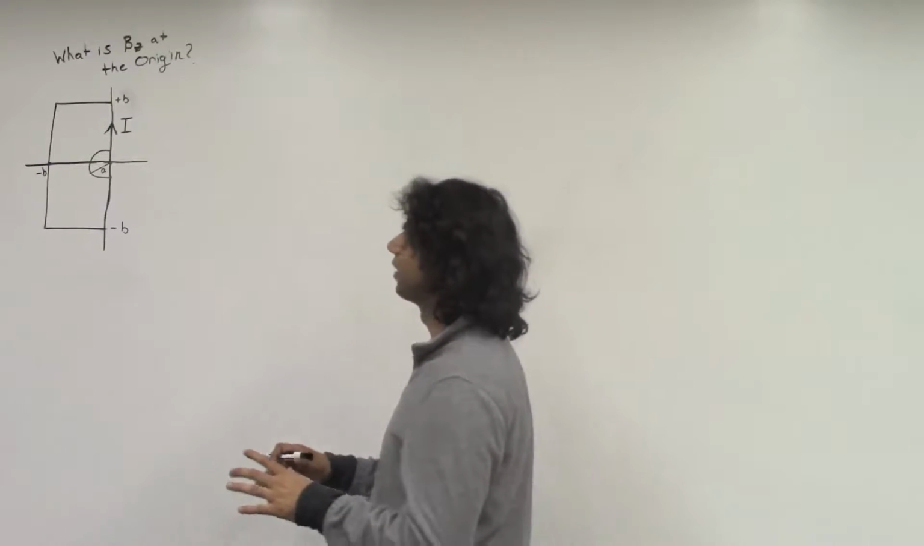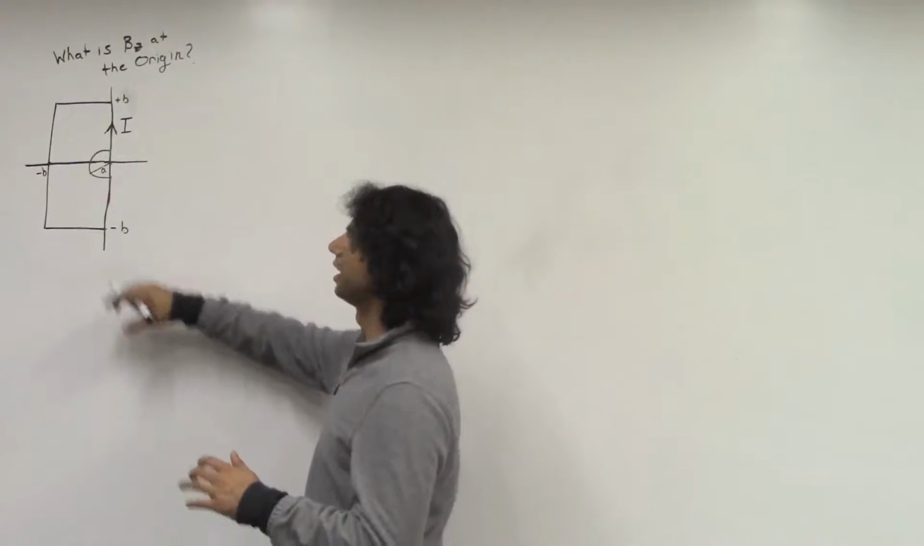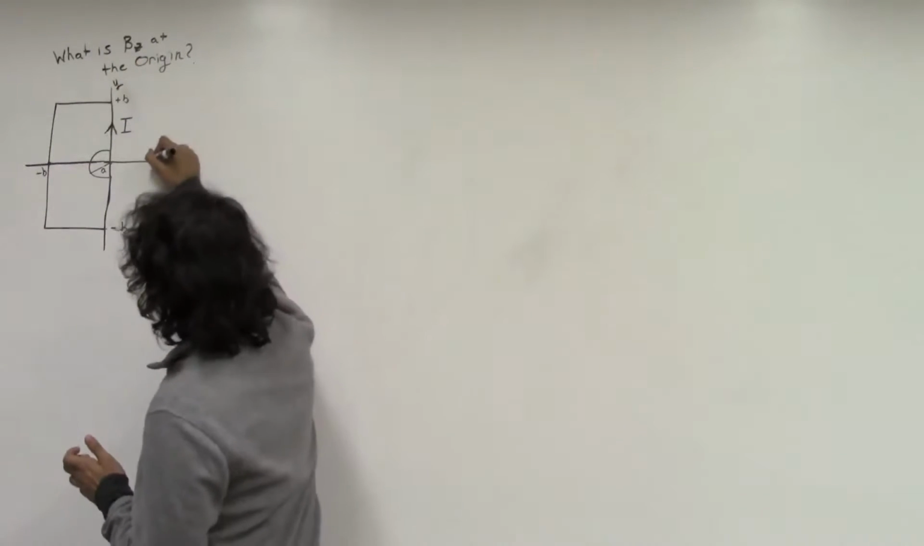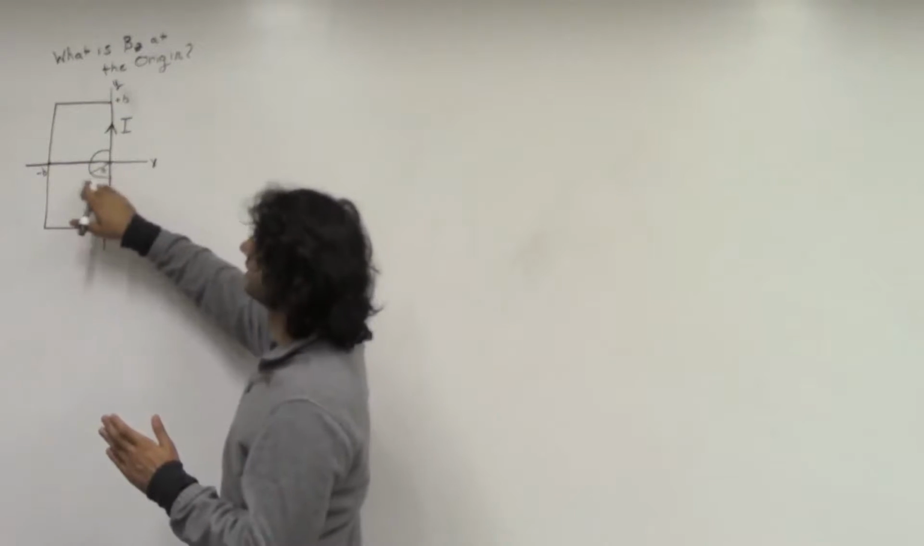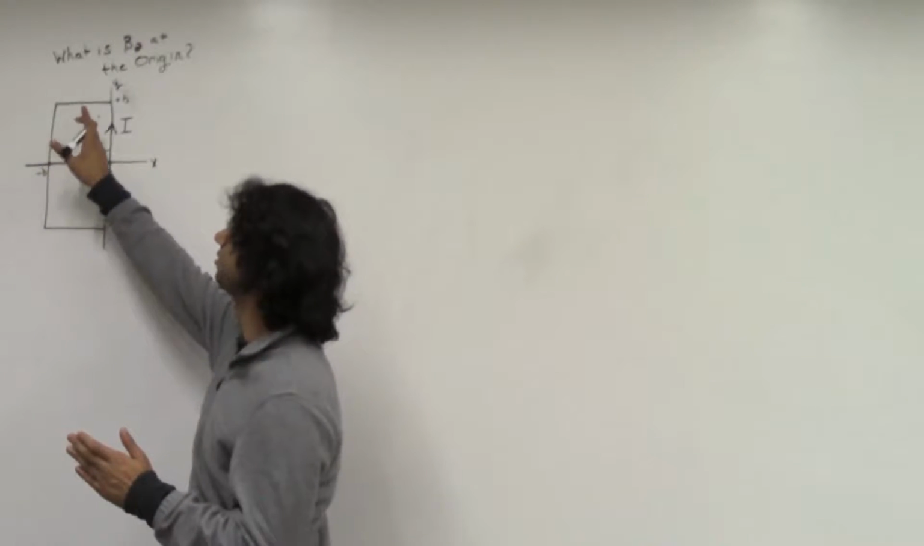Alright, so today I want to figure out what is the magnetic field at the origin of this wire configuration. Now I've drawn some axes where this is the y-axis and this is the x-axis. Besides that, the shape is as follows. We have a semicircle and then kind of half a square, because if I continued at this side it would